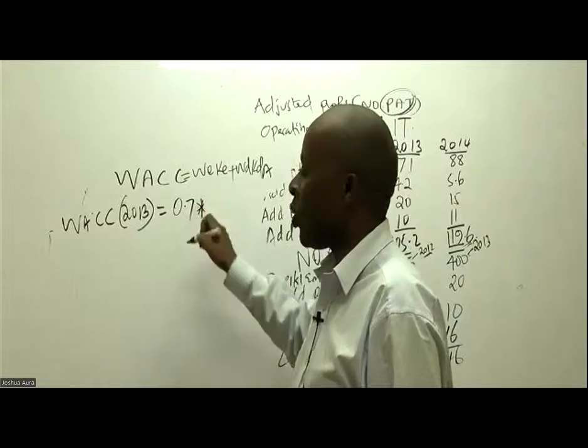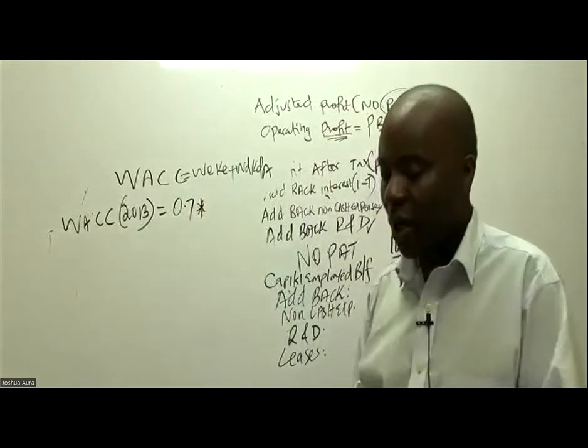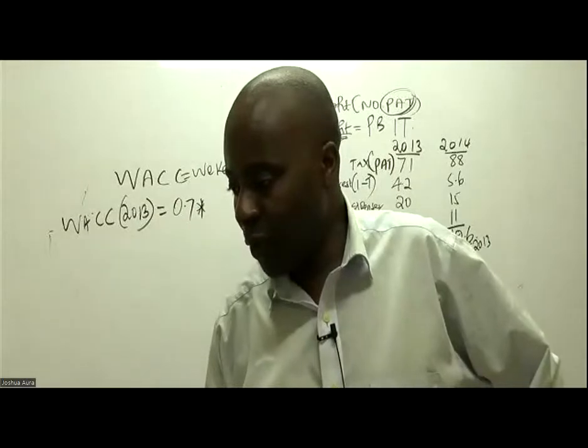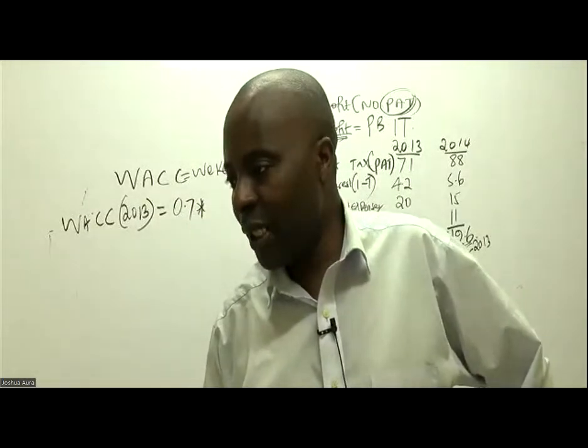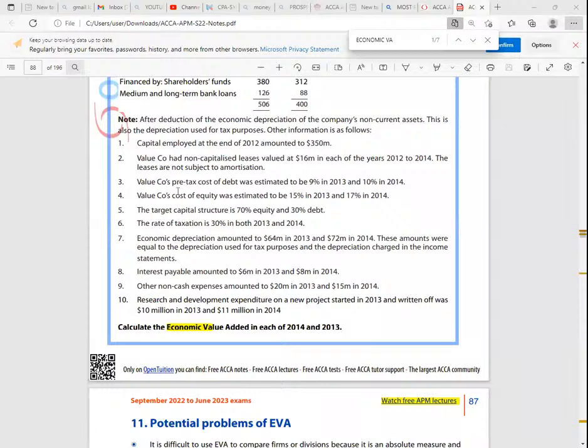So have they given me the cost of equity? Yes, cost of equity is given somewhere here. Note 3: the company's pre-tax cost of debt was estimated at 9% in 2013 and 10% in 2014. No worries, that is KD. And then note 4: the company's cost of equity in 2013 was 15%. So 15% in 2013, plus weight of debt, you've just told me it is 0.3, times cost of debt in